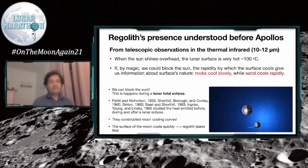It's very interesting that the regolith presence on the moon has been understood much earlier than the space missions, essentially from telescopic observation by the heat emitted by the moon. For instance, we know that rocks cool very slowly, whereas sand or powder cools very rapidly because it has very low thermal conductivity or thermal inertia, the property of a material to keep up